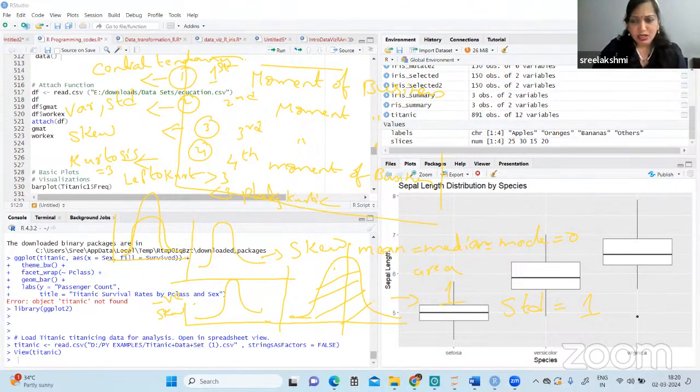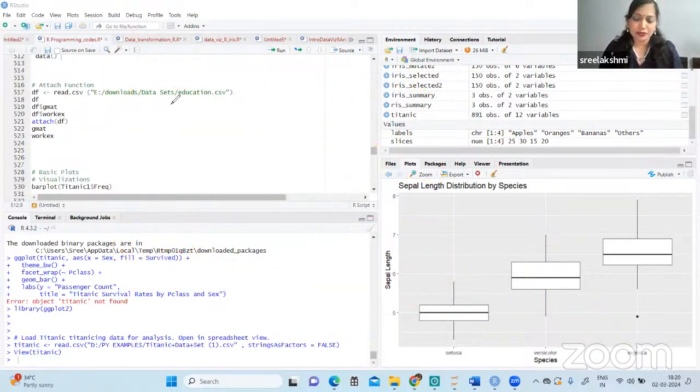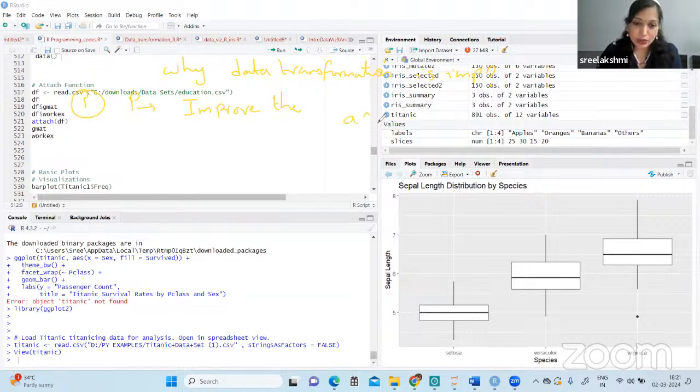Before that, let me erase the screen, friends. Let's see why data transformation is important. Why? Because when you're preparing the data for analysis, it is going to improve the accuracy of results. So the results that you are getting are going to be improved when we go with this data transformation. The second point is like,